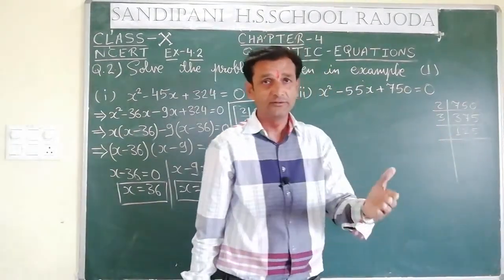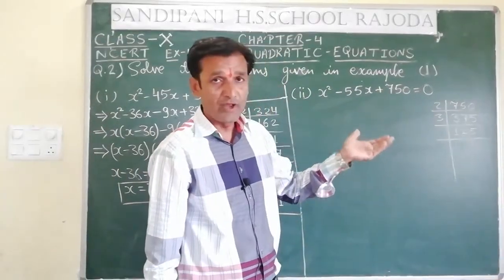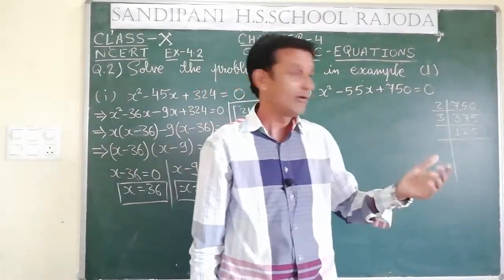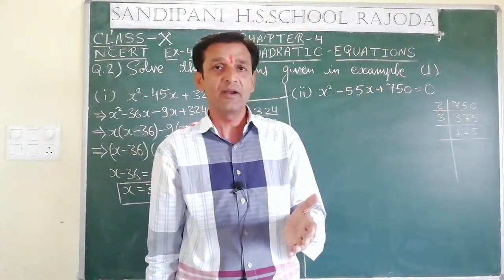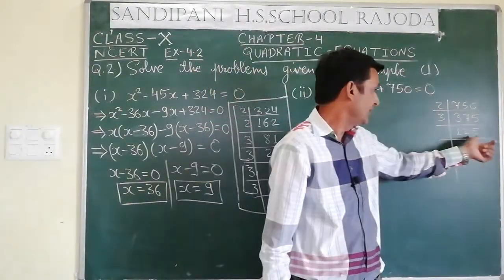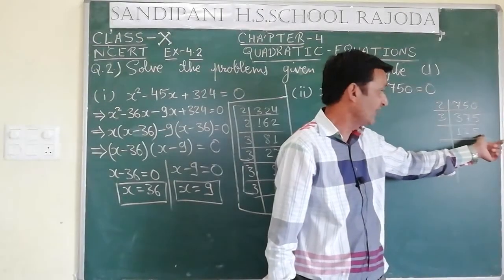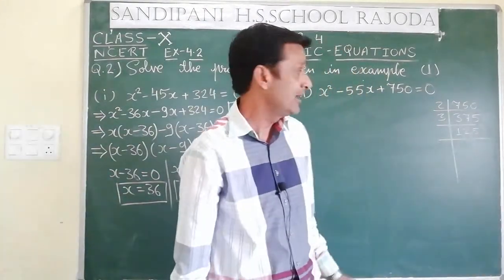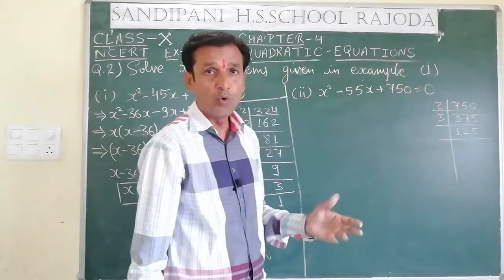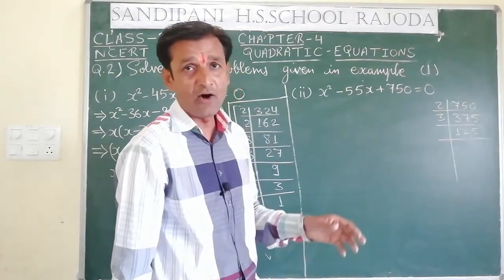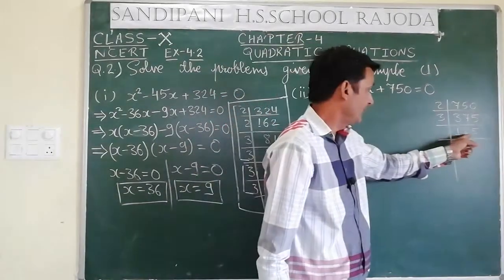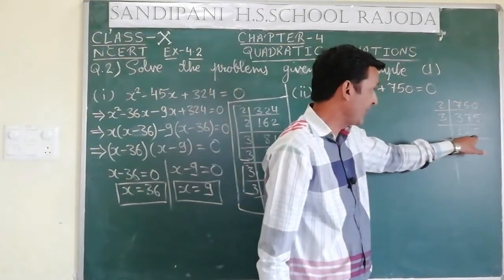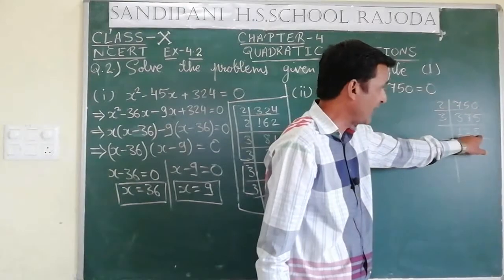table of 3. So we have to check the divisibility by 4. The number which is divisible by 2 only can be divisible by 4, but here in one's place it is having 5. So it can't be divisible by 2 or 4 or 3. Now we have to check the divisibility by 5. So of course it can be divided by 5, because here it is 5 in one's place.